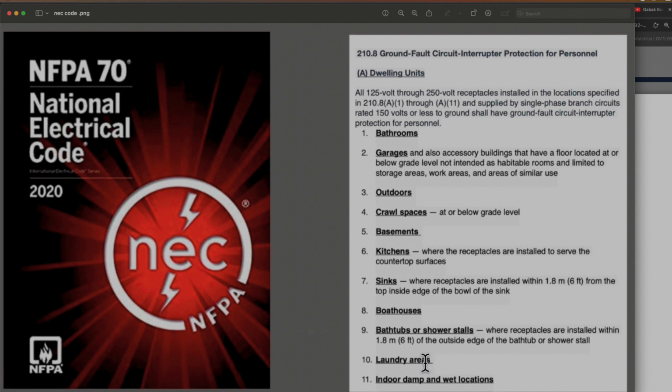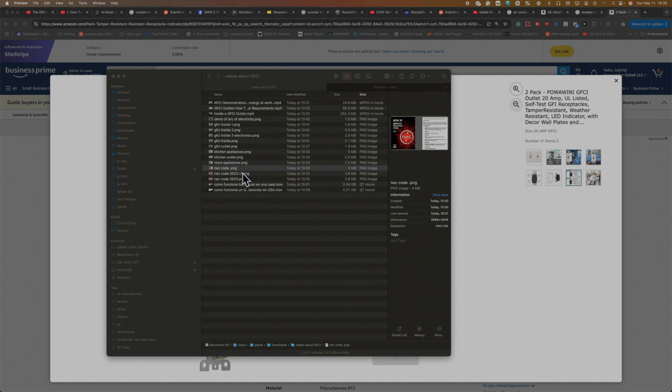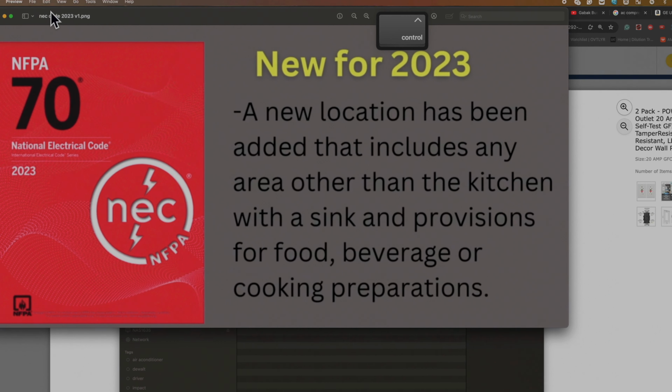A laundry area, so where you have the washer and the dryer, and here it says indoor damp or wet locations. So that is what it says in the 2020, and I'm going to show you the newest one. So here we have the 2023. As you can see,